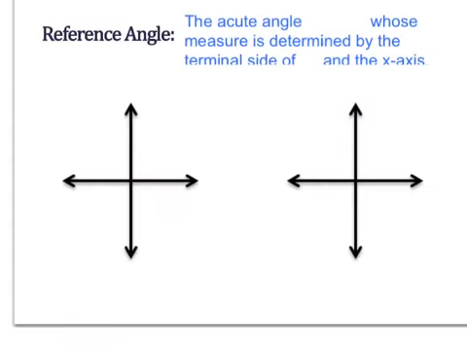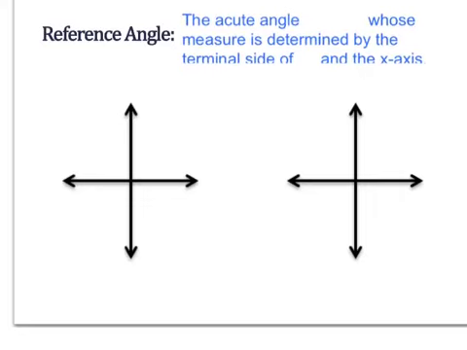Now we're going to talk about a different type of angle. It's a reference angle. It's the acute angle alpha, which looks like this, and the word alpha, whose measure is determined by the terminal side of theta and the x-axis. So let's put an angle in,